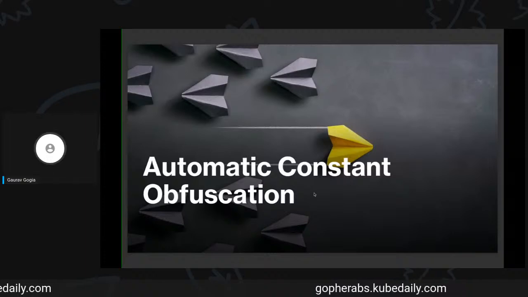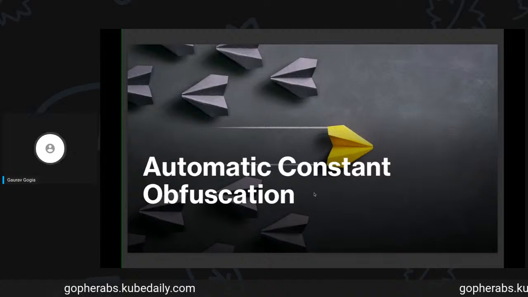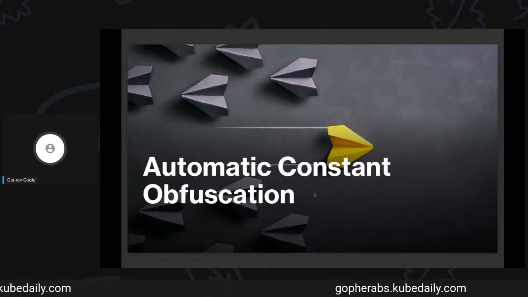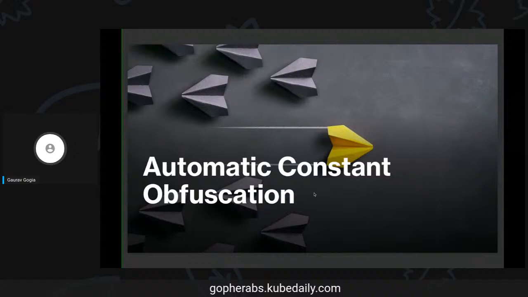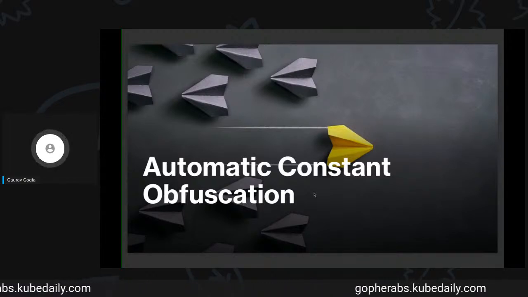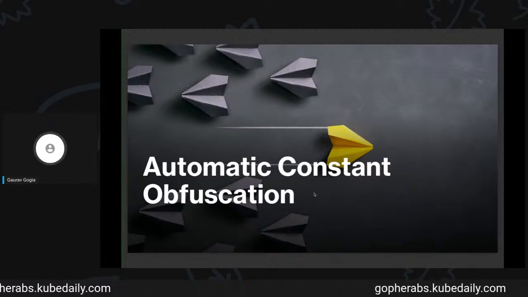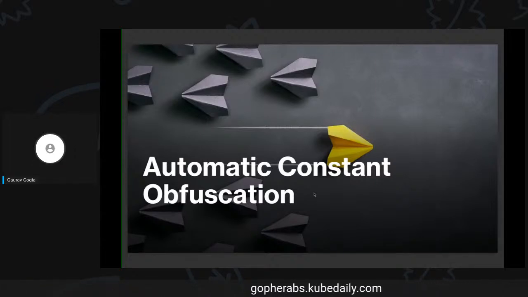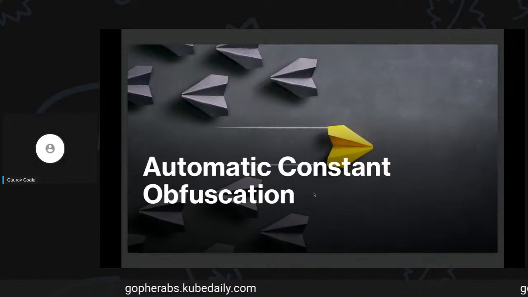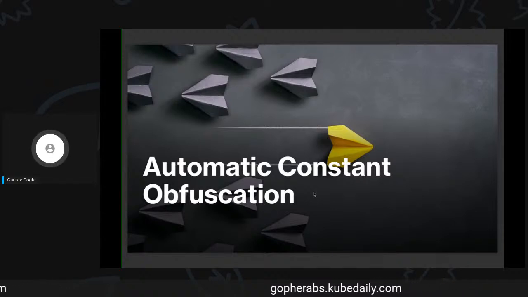Now, about automatic constant obfuscation, it's a bit of a mouthful, right? The idea is that whatever content you're writing, whatever variables you're using, be it some string variable, some integer value, or some boolean, all that data will be encrypted at the compile time and the runtime level, so that it will be essentially obfuscated. Even if you try to reverse engineer it, it will be very difficult to get the values of those variables, because they're all encrypted down to the runtime level. We'll see everything when I show you a demo of how all these things work.